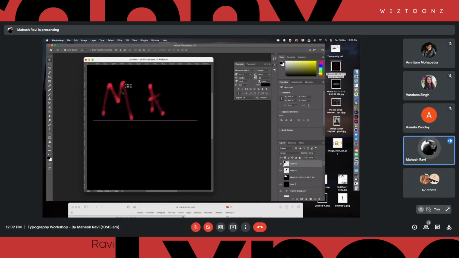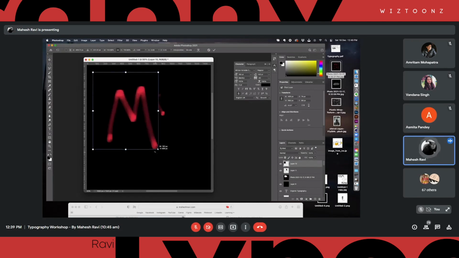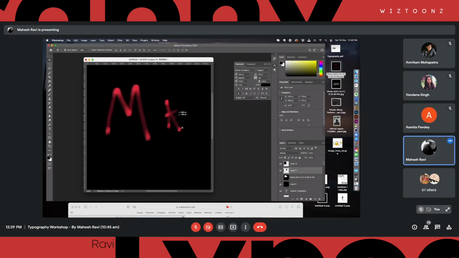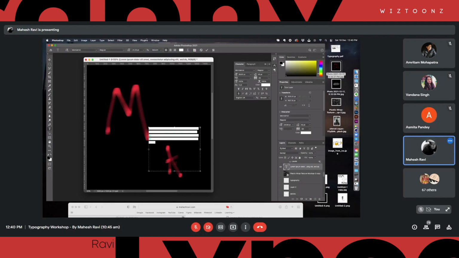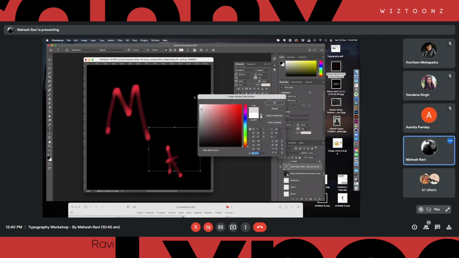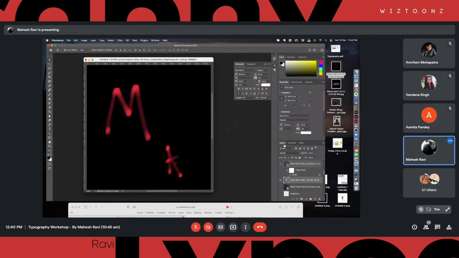Something that I like doing is using it as a background element. So when I'm writing typography, let's say we have a bunch of typography that we have to use, and just bring it out there.